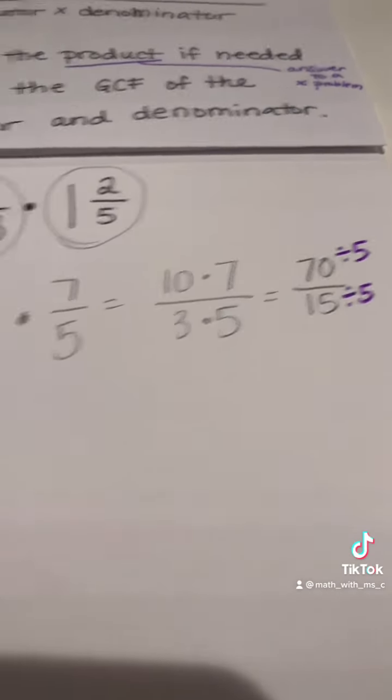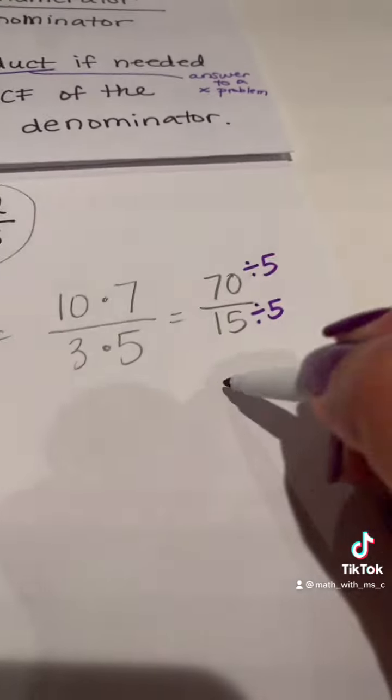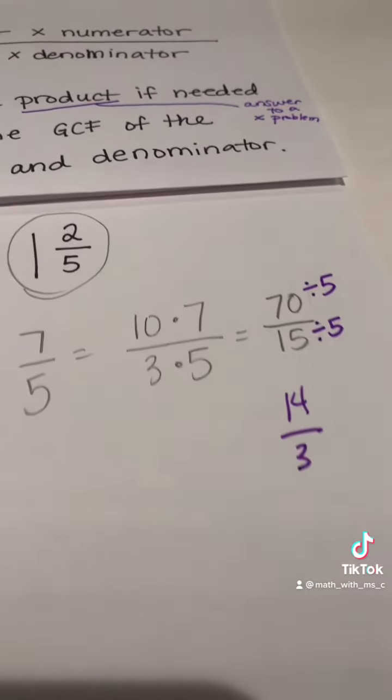Now I don't have to actually do any work here because the work is seen here. 70 divided by 5 is 14 over 3. That's